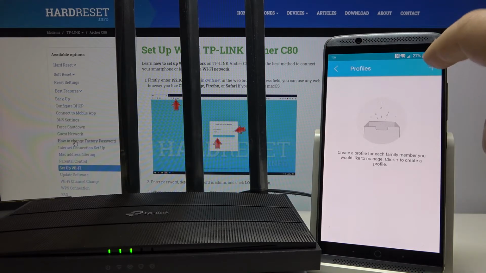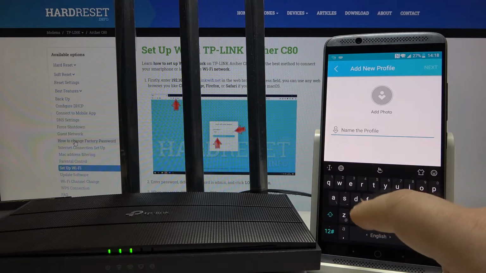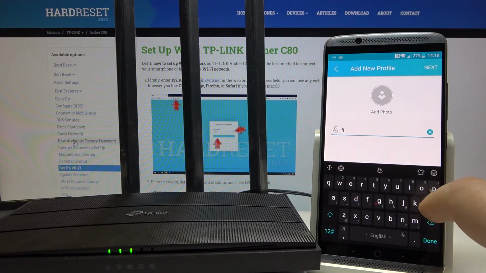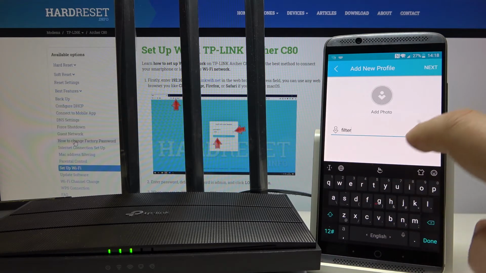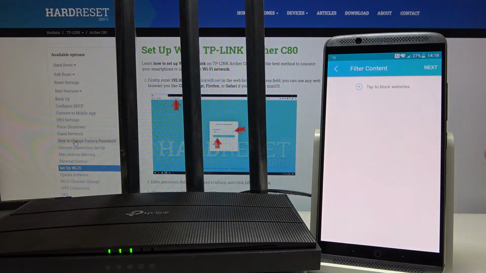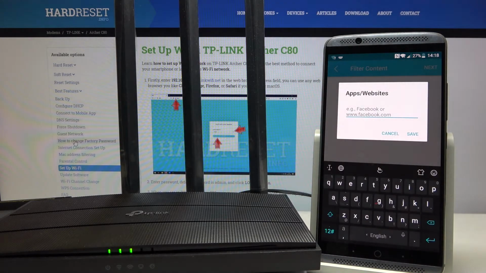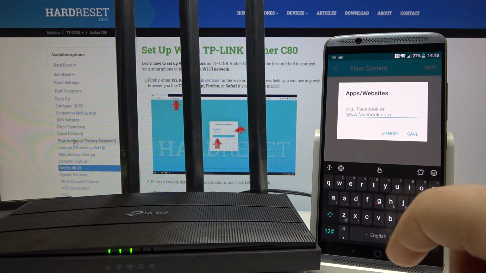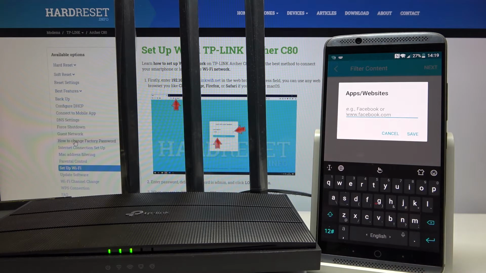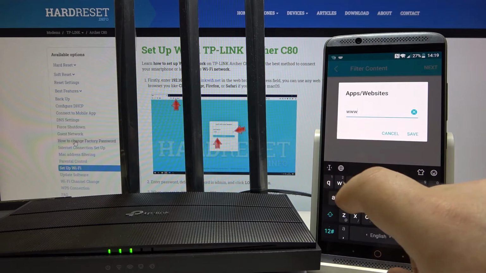Then you need to tap on the plus, set the name of the profile. We will input a filter for that, for example, and then click next. And then click on the plus, and there you can input name of the website you would like to block. We will block, for example,